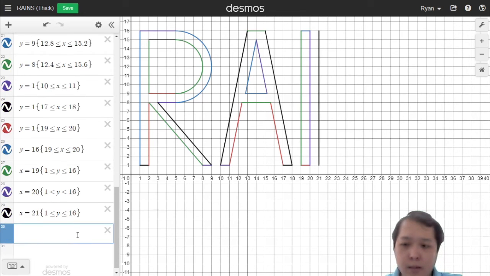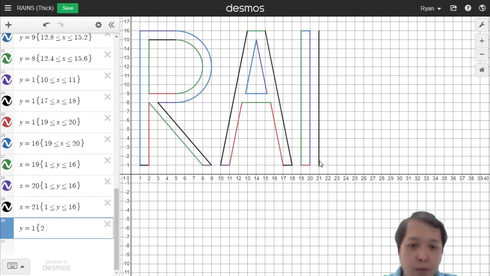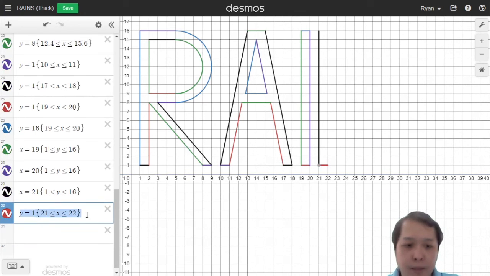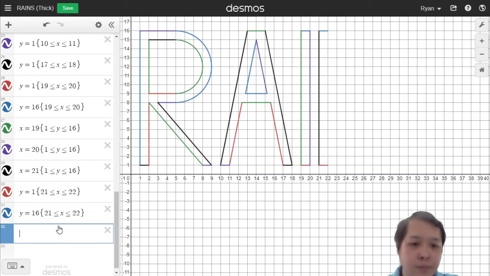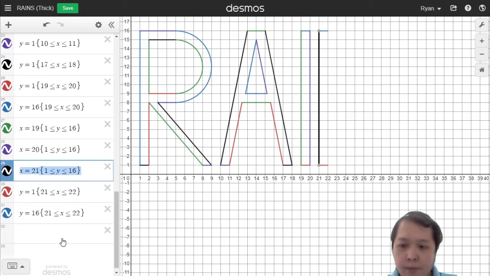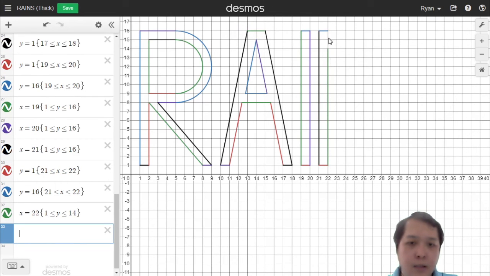And then the little, what is it called? The little part here. Y is 1, 21 until 22 for the x interval, and similar for the top part, but y is 16, and the vertical line, yes, that one, only under 14 because we have 2 cells here for the slant part. And then